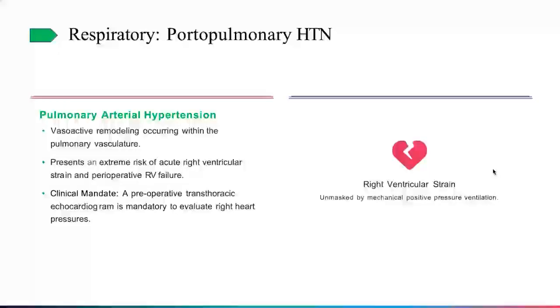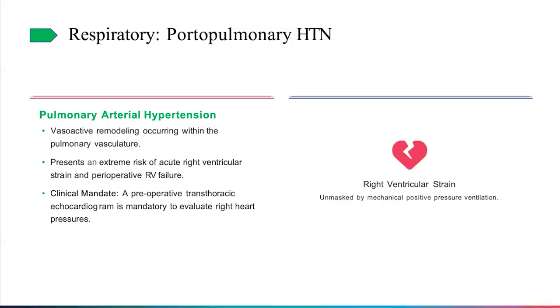So then the other entity is portopulmonary hypertension. That is the occurrence of pulmonary hypertension in a patient with portal hypertension without any other cause, right? So this is thought to be due to vasoactive remodeling occurring in the pulmonary vasculature. And due to the pulmonary hypertension, there will be right heart strain, and the patient can go into right ventricular failure